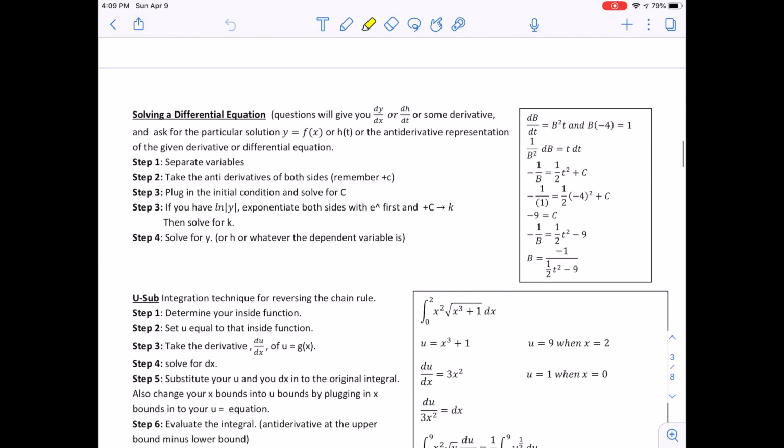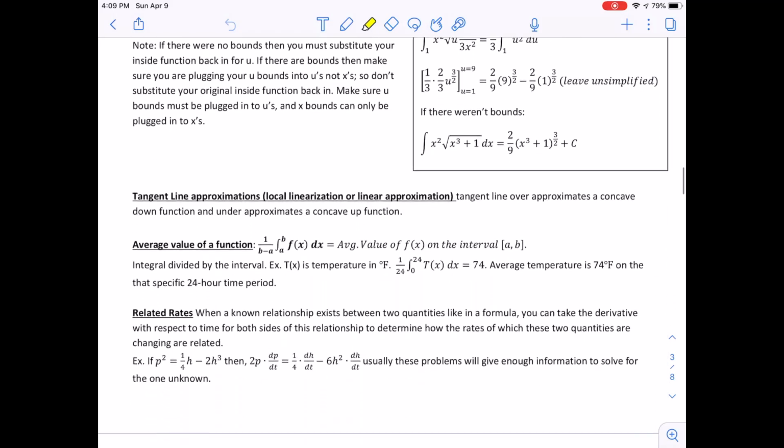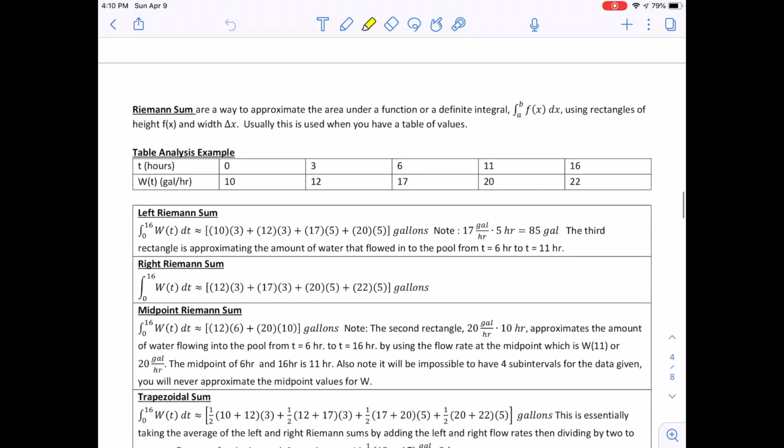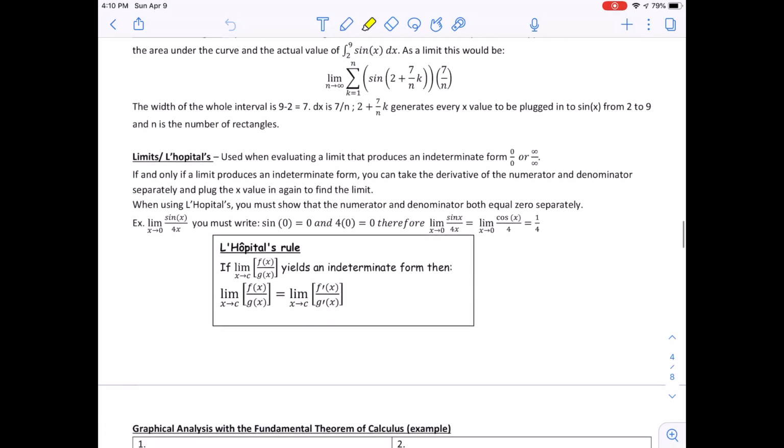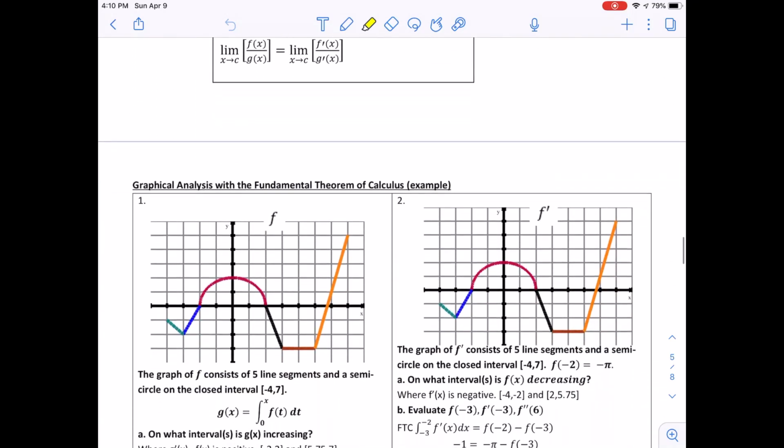I'm going to be going over the most essential elements of the AP calculus curriculum, many of which you see on the review sheet on the screen in front of you. This review sheet has all the things you need in order to be successful in the AP exam, distilled down